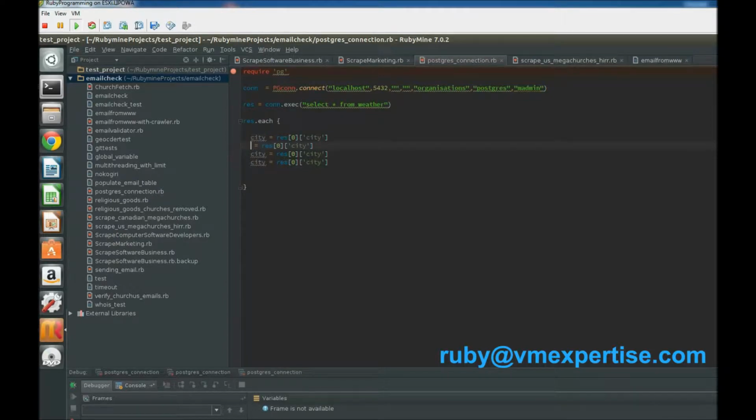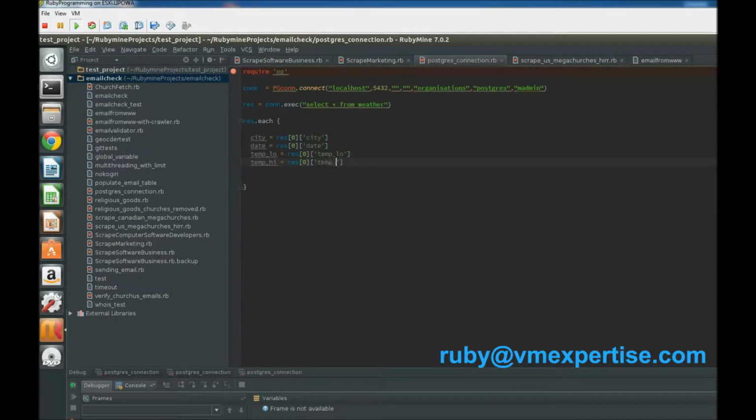So city, date, temp low, and temp high, and same for the field names: date, temp low,